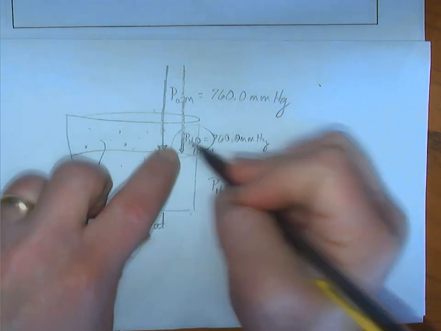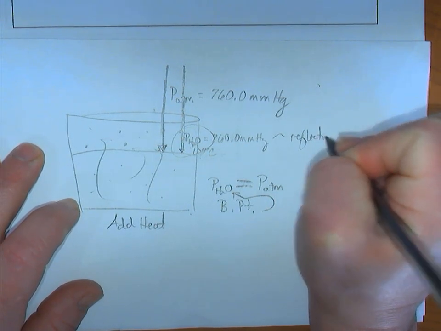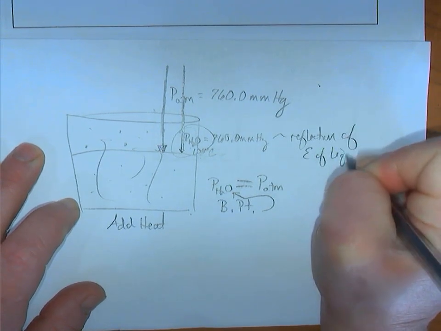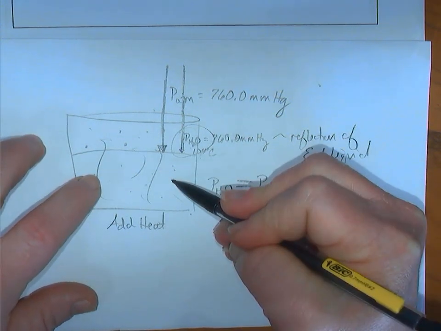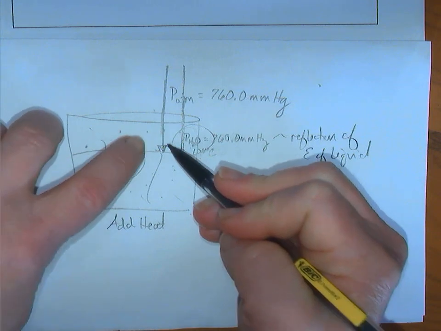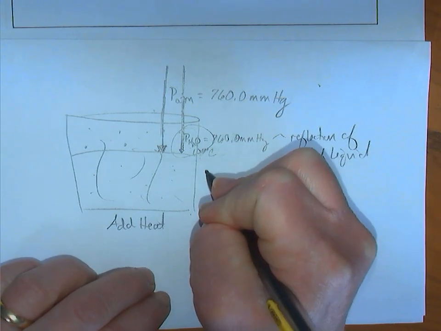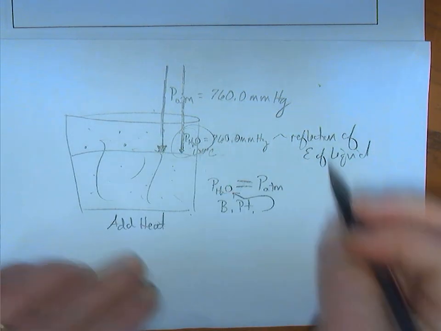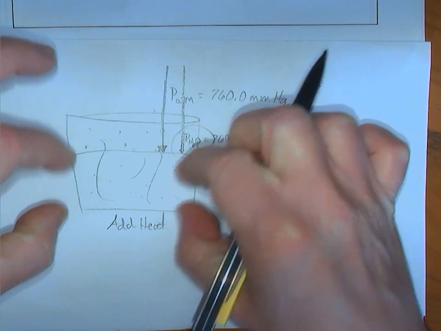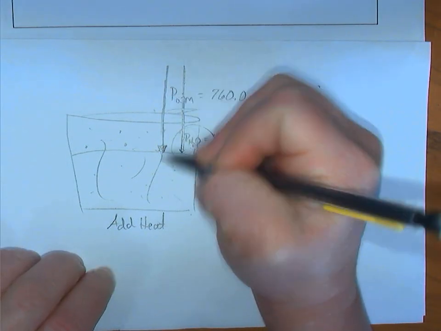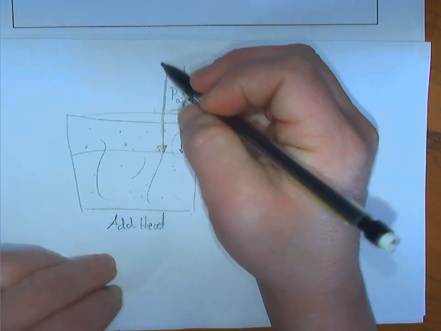But what we have to allow ourselves to see is that vapor pressure is somewhat a reflection of the energy of the liquid. So as we are giving more and more energy to the liquid, then vapor pressure is becoming less and less of an obstacle for vaporization throughout the liquid. So as we're adding, we're getting these to be equal so the energetics of the liquid can overcome this vapor pressure. The atmospheric pressure of that